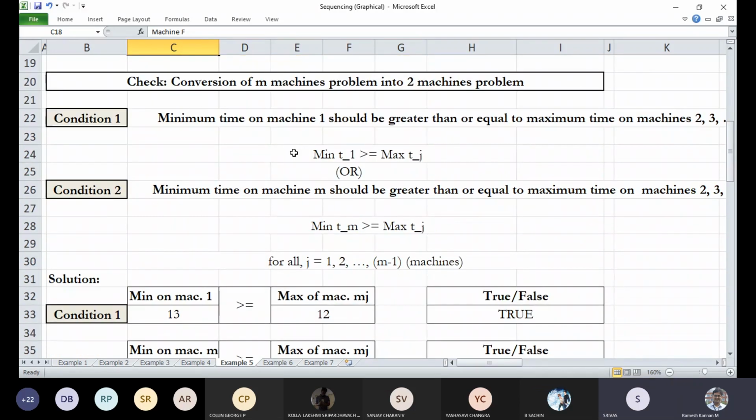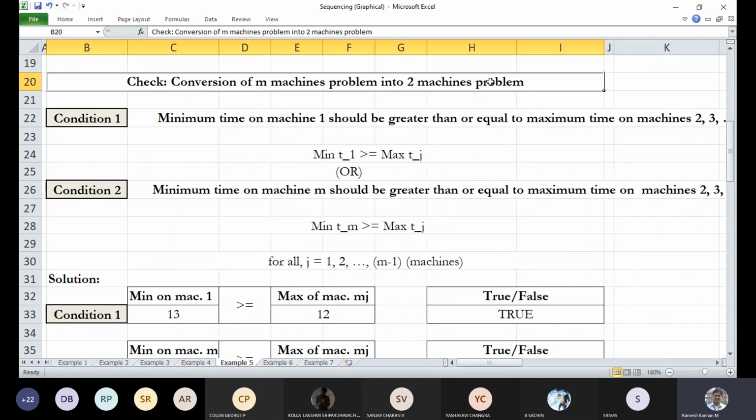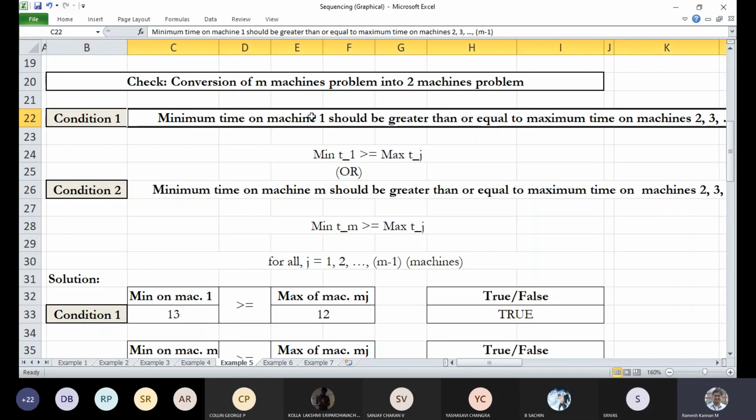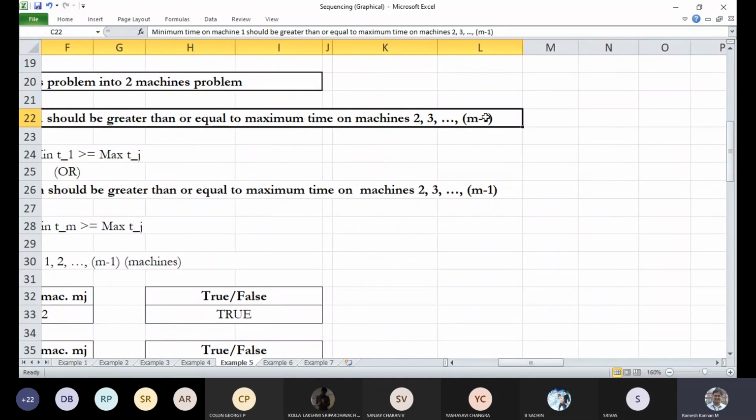The same two conditions that we used to convert 3 machines into an equivalent 2 machines problem apply. Condition 1 is that the minimum time on machine 1 should be greater than or equal to the maximum time on machines 2, 3, and so on till m minus 1.